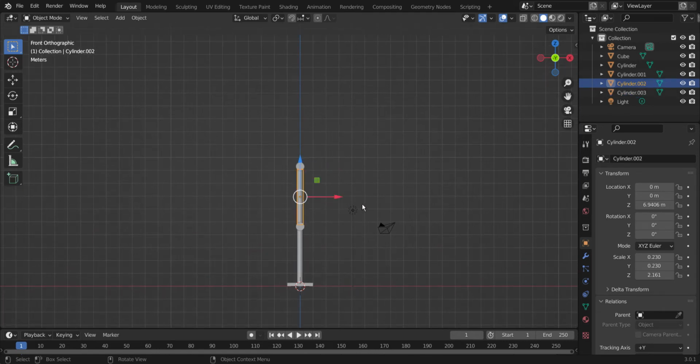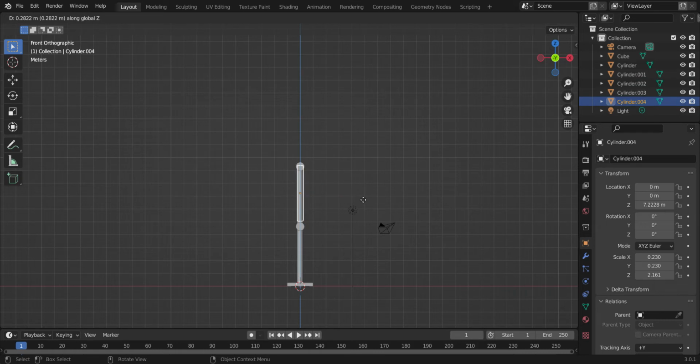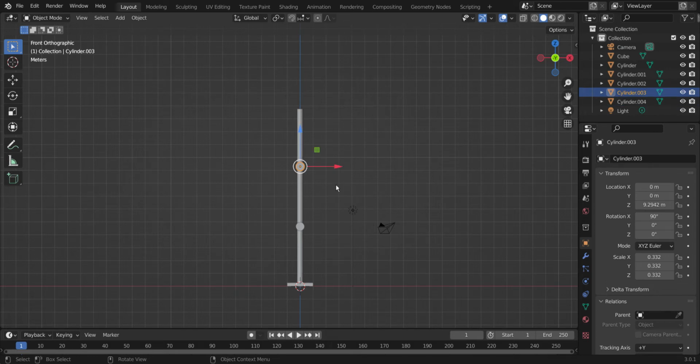I'm going to click this one, Shift D Z, and bring it up here. And then I'm going to use one more of these cylinders, so Shift D Z and bring it up right here. Okay,